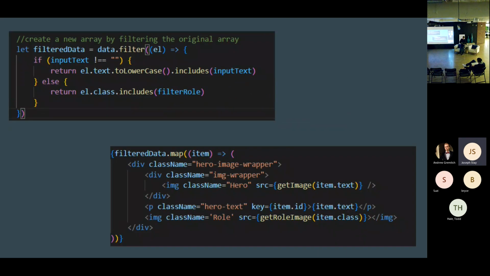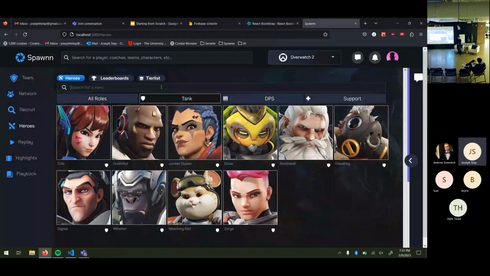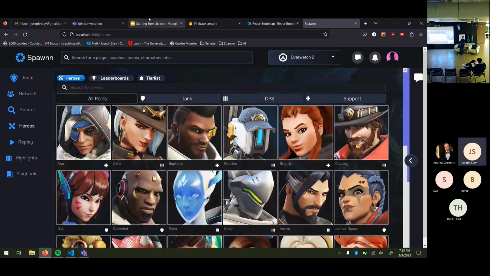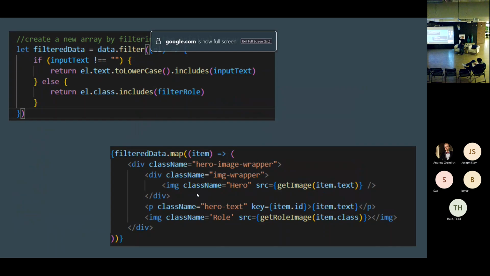So that was the other thing, is that you are able to filter by both, not with this code. When I was talking with them, the big thing here was that because there's so few heroes, they didn't want to bother trying to filter with both, and they thought it'd be more valuable to do it with that. But I mean, that should be as simple as doing the filtered class on top of it.